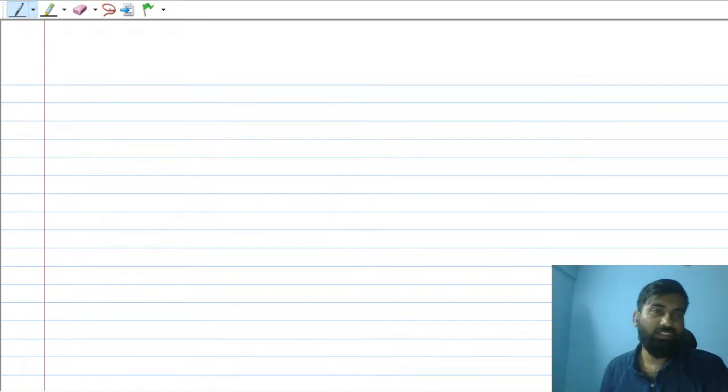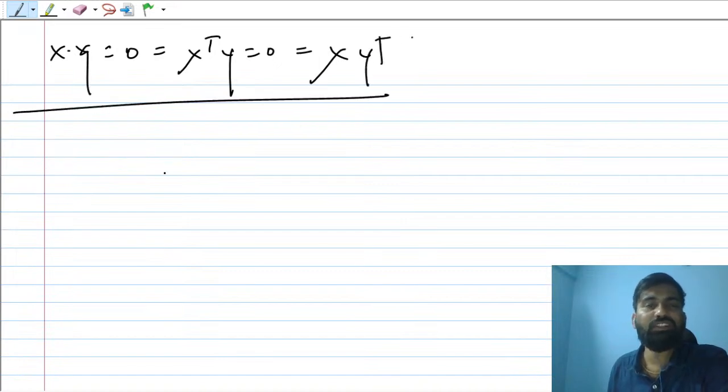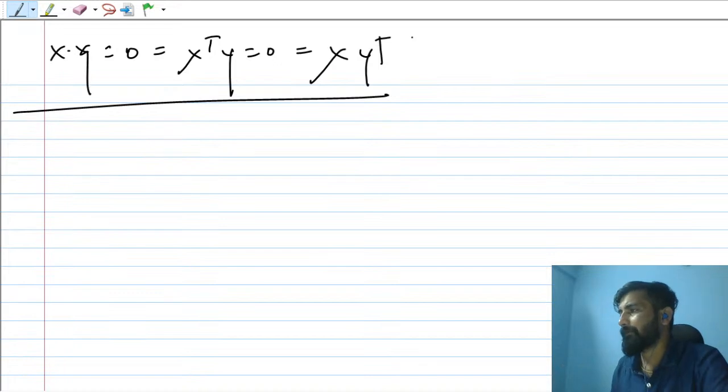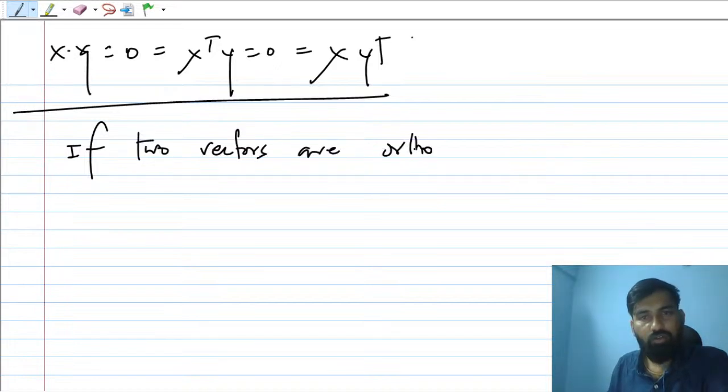This is just the literal meaning, explained from the very basics, but we can prove orthogonality. We have seen the dot product. Keep this in mind again: two vectors are orthogonal when the dot product is 0, or x transpose y equal to 0, or x y transpose. These are the conditions, so we need to prove them. If two vectors are orthogonal to each other,